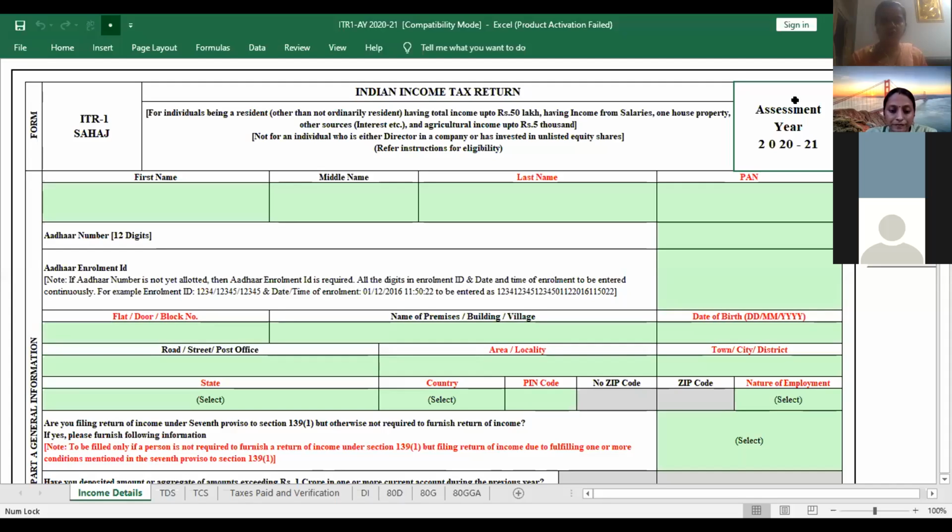One more question. Can a long-term capital loss on equity shares be carried forward for set-off in the next year? In this form, we cannot do any long-term losses. There is no capital gain in Sahaj 1. There is no capital gain here. There are provisions which we will discuss in other ITRs that we will do, because we are not touching upon business and profession and capital gain right now.